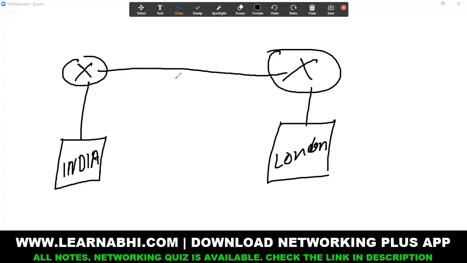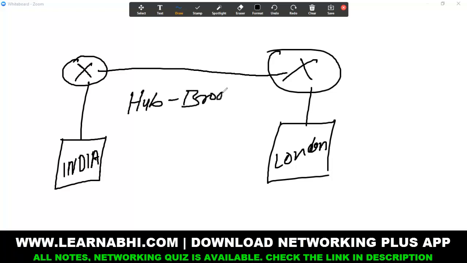Whatever I have explained right now, what is a hub, what is a switch, and what is a router, this question is very common in an interview. The interviewer may ask you what is the difference between hub, switch, and router. Explain them. All of these devices are networking devices, but all of their features are absolutely different. Just tell them a hub is a broadcast device.